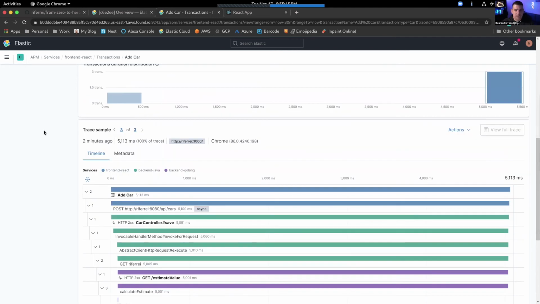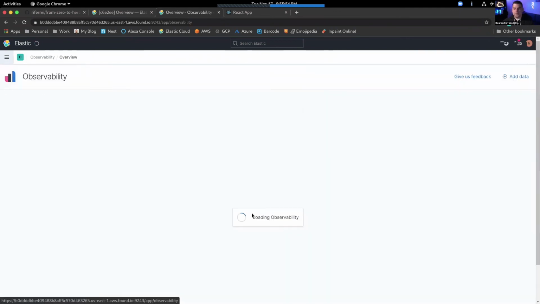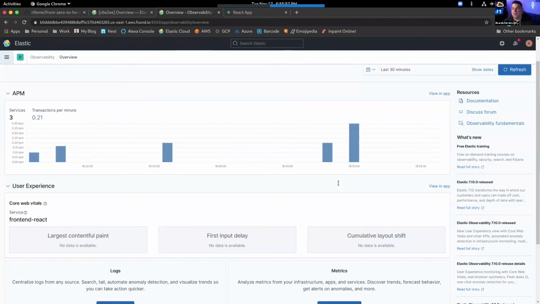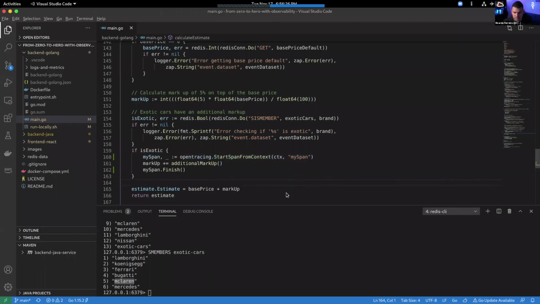Okay, good. If we have 2 minutes, I would like to show you something really cool before we start wrapping up. For now, the only thing we have here is the APM part. We don't have any logs, metrics, or uptime yet. This is the part where Elastic offers what we call Beats. Beats are the technologies you can use to harvest logs and metrics from your target endpoints or systems, and bring them into Elastic Observability, where they can be used to further correlate this whole troubleshooting exercise that we're doing. So what we're going to do now is